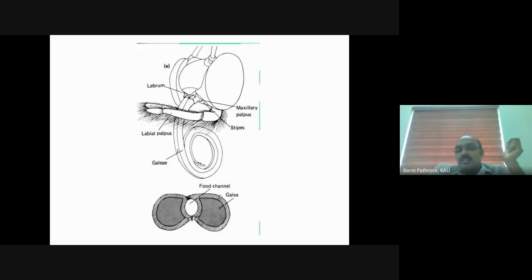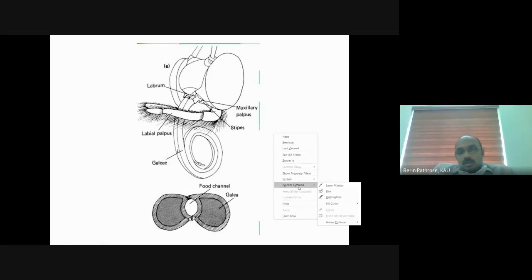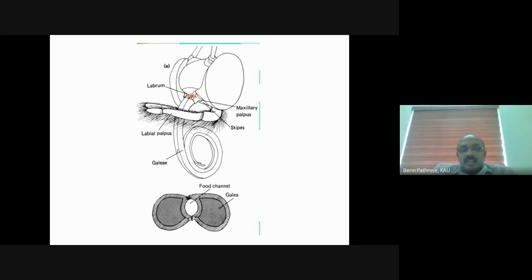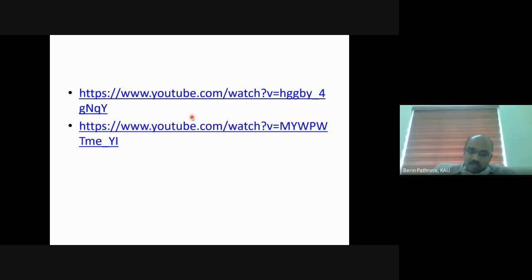I will show you how it is. We'll have an excellent video. This is how it looks. Of the maxillae, we have two elongated galeae, and these two galeae will be coiled together when not in use. You see the inner aspect of these elongated galeae has a channel. When these two galeae are kept together, it forms a food canal, and there can be labial palpi present.